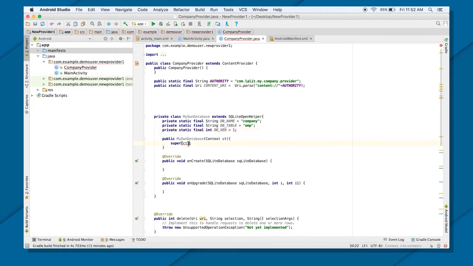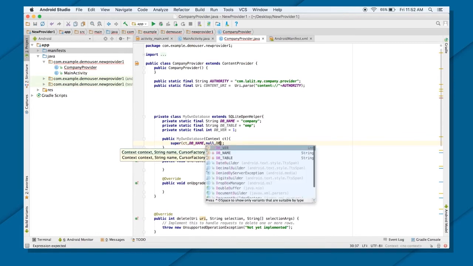Cool. All I need to do now is pass these arguments here, like DB_NAME for the database, then the cursor factory null as the default, and the database version.